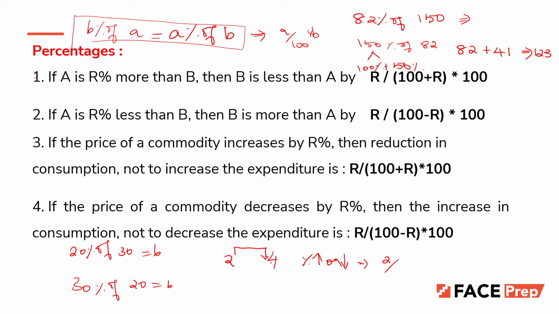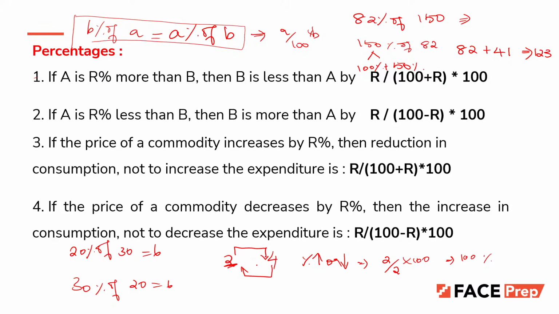So from 2 it has been raised, right? So my base value should be taken as 2. 2 by 2 into 100, I get the value 100 percentage. Similarly, for percentage decrease from 4 to 2, if I want to get the original value,